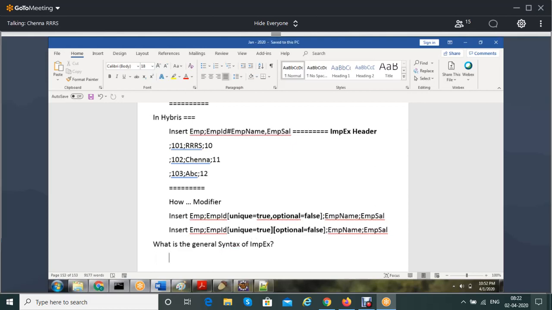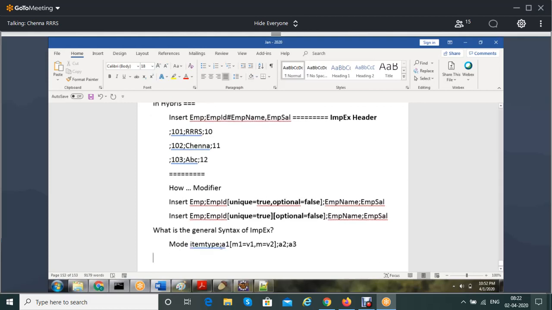So the general syntax is: mode, space, item type, space, semicolon, attribute 1, then modifier 1 equal to value 1, comma, modifier 2 equal to value 2, semicolon, attribute 2, semicolon, attribute 3. So this is the general syntax.